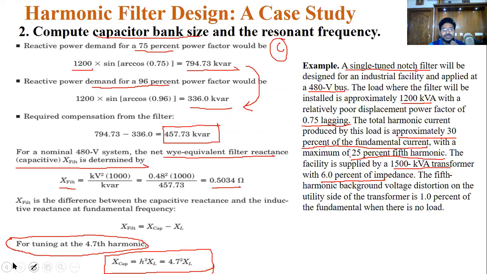So this is the procedure for calculating the capacitor bank size. Capacitor bank size here means you have to calculate the rating of that capacitor. It is not about how much space it occupies, whether 3 feet or 5 feet, or 2 rooms or 3 rooms. The size means the rating of the capacitors. You know there are 12 volt capacitors, 6 volt capacitors, 4.7 volt capacitors also, but that is not the case here. So what is the rating? This is the way you can calculate the capacitor rating.